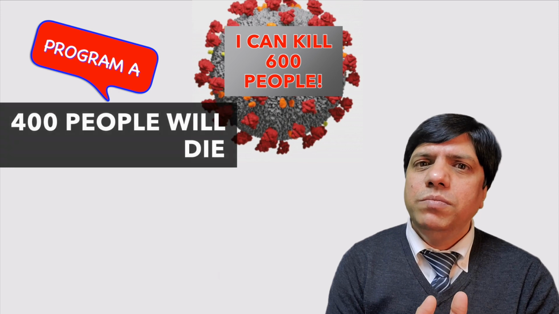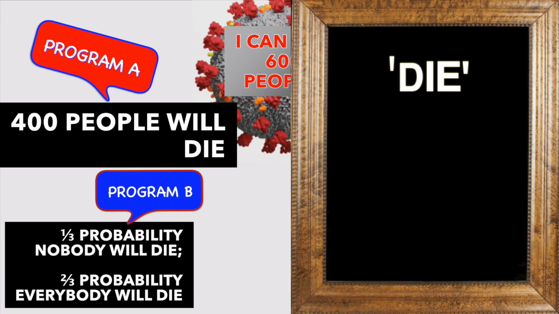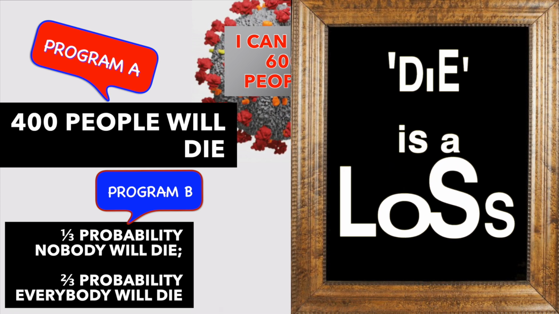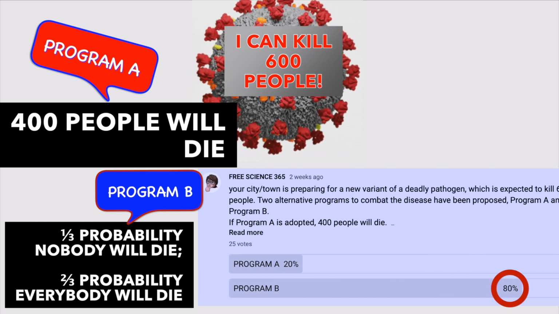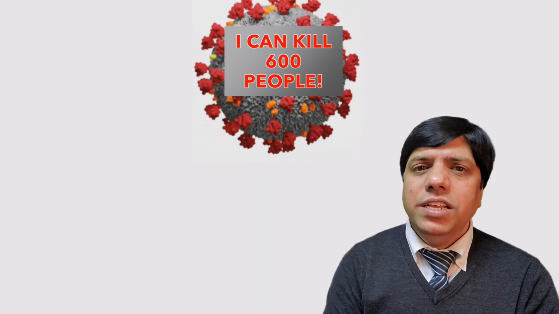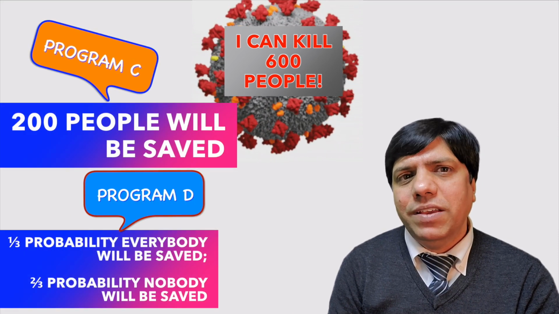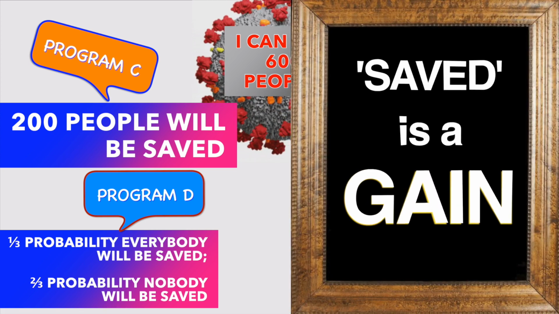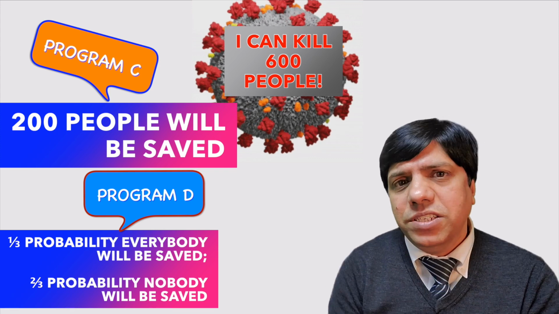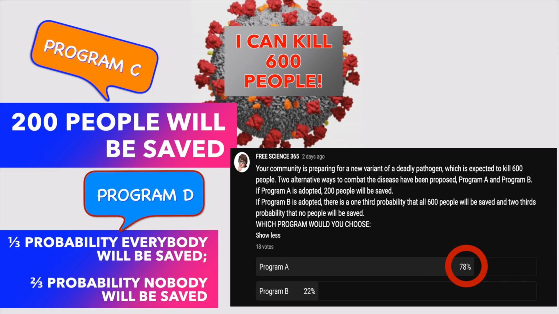For example, in the first question that I asked, in option A, 400 people will die. Now, dying is a loss. The word die creates a feeling of loss in our brains. So, in that case, we are ready to take the risk. But in the second part of the same question, I changed the statement from 400 people will die to 200 people will live. Now that's a gain option. That's a positive frame. When we have a gain frame, we feel we are going to gain something. We don't want to take the risk, and so we choose the safer no-risk option.